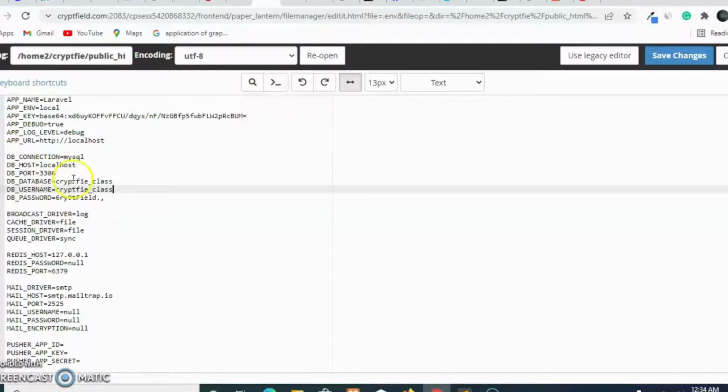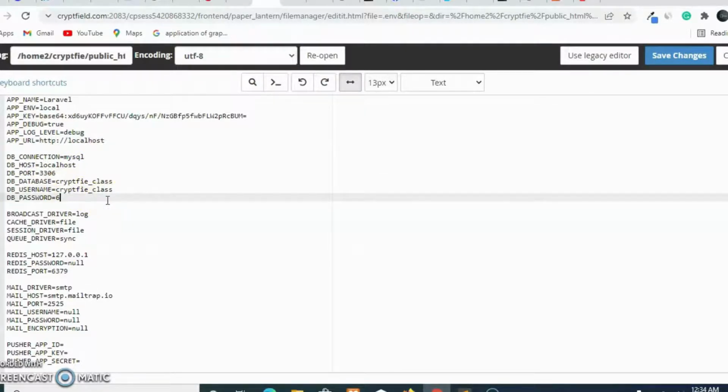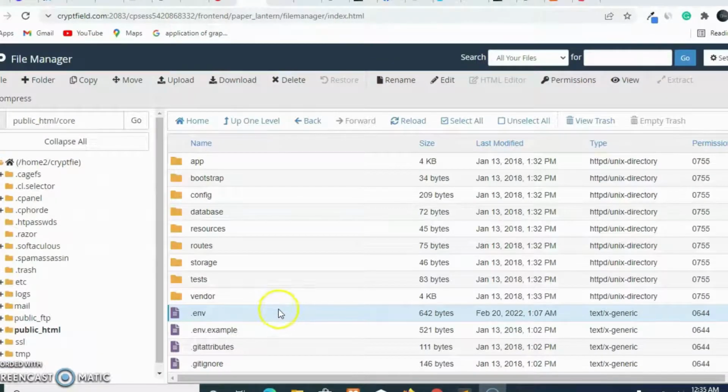Then look at it. Just change all this database connection, this to this. Then my password, I use, then you put your password. After that, I now click save, and I saved it. That's all.